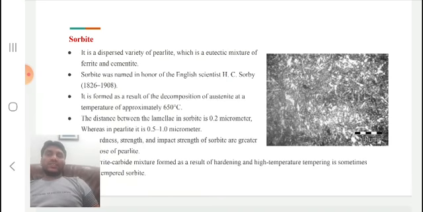less retained austenite than the lower bainite, and lower bainite microstructure will have less retained austenite than the martensitic steel. So once the austenite is transformed into martensite, then to convert the retained austenite into the other structures, it is again tempered so that the